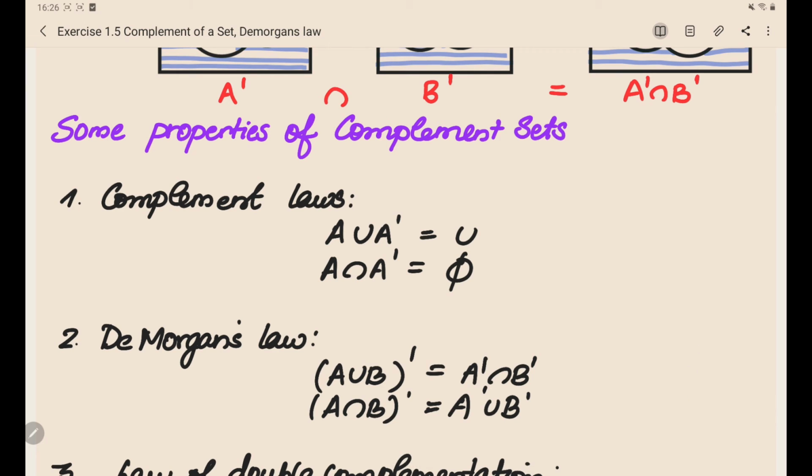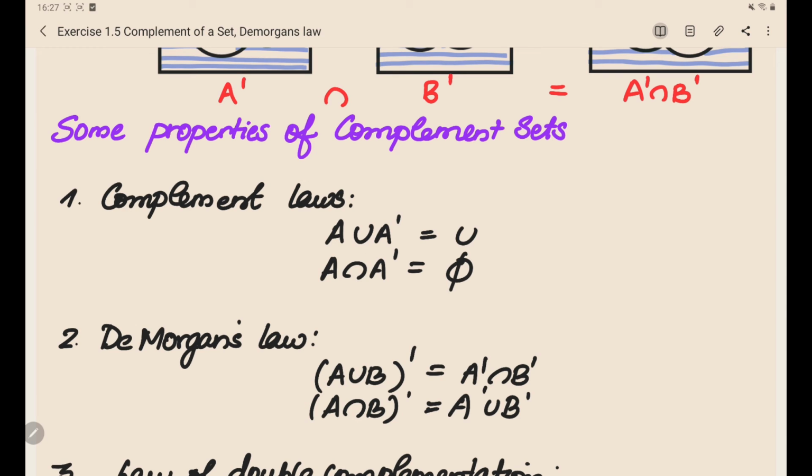Now let's discuss some properties again on the complement of sets. Similarly, we have also discussed some properties such as associative law, commutative law, distributive law. These are laws in union and intersection of sets. Like these, we have some laws and properties for the complement of a set. Please remember this. This will be really helpful for your further sections and also to understand more detail about what sets are. So first is the complement law.